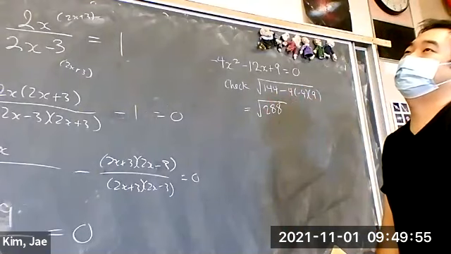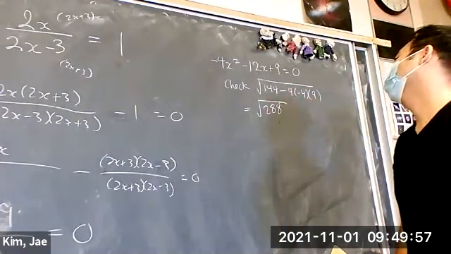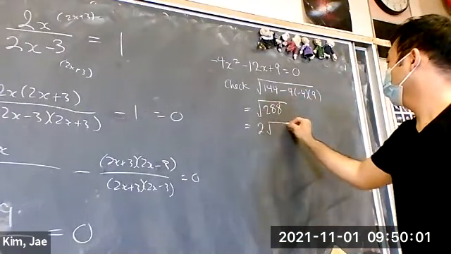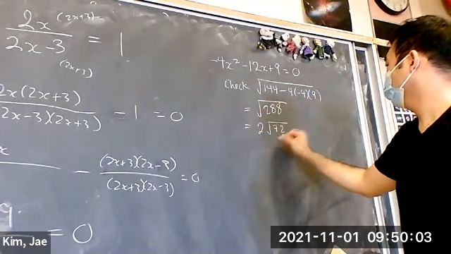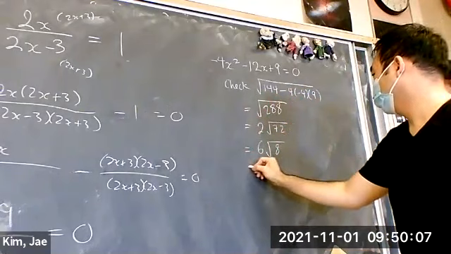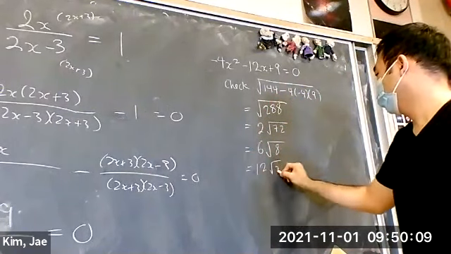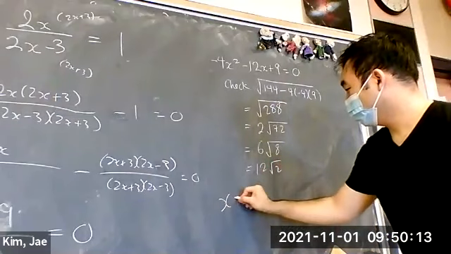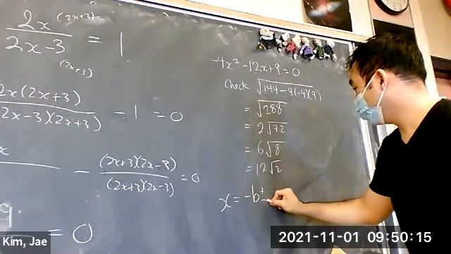I could simplify this. Should I do it? 4 is a 72. I can do a 9. 8. I could do another 4. There it is. Okay. All right, that means x is going to be negative b plus minus